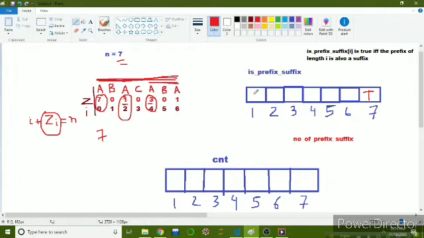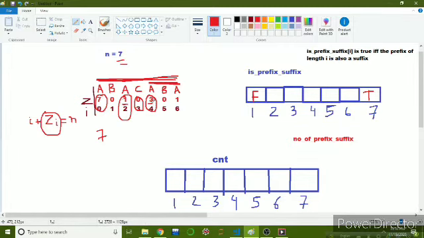So we can go to the index 1 and set false there for now, and then go to the next index and we can ignore this as the Z value is 0, and go to the next index. We can see that 4 plus 3 is 7, that is the string length. So starting from here, we can see that this is a suffix because it is touching the end, and according to the definition of Z array, this is also a prefix. So the prefix of length 3 is present as a prefix as well as a suffix.